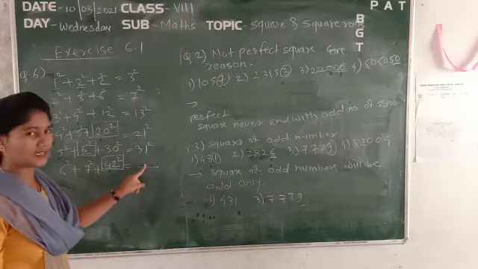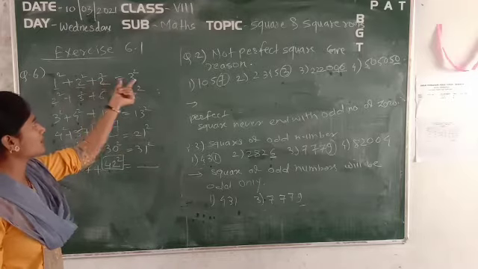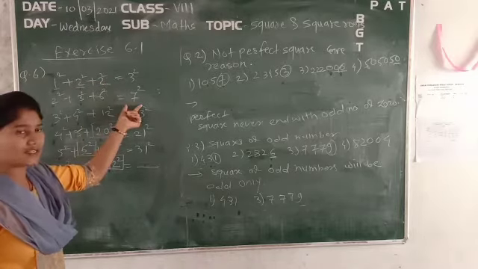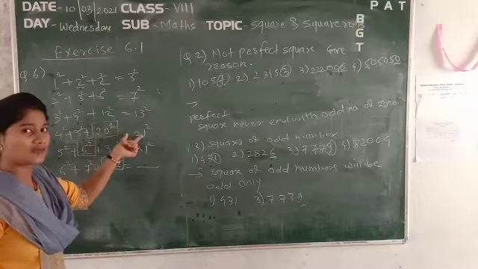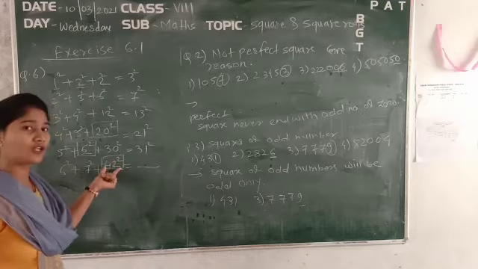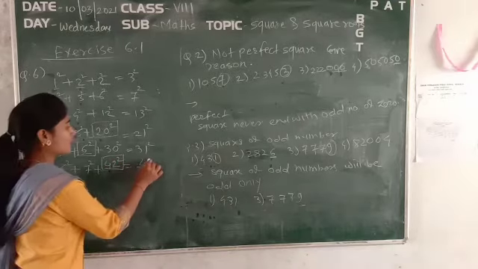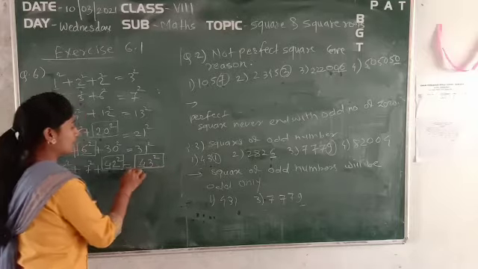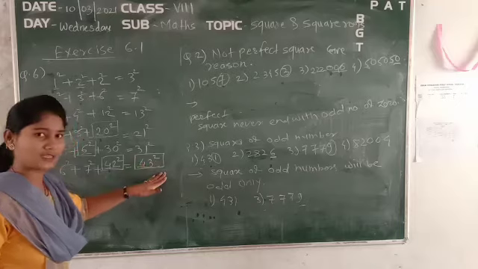In that case, now it remains. So how is this number coming? See, in each case: 2 plus 1 is 3, 6 plus 1 is 7, 12 plus 1 is 13, 20 plus 1 is 21, 30 plus 1 is 31. So 42 plus 1 is 43. So it will be 43. Okay, it means we are adding 1 to that number. Okay, so in that way we are getting this number.